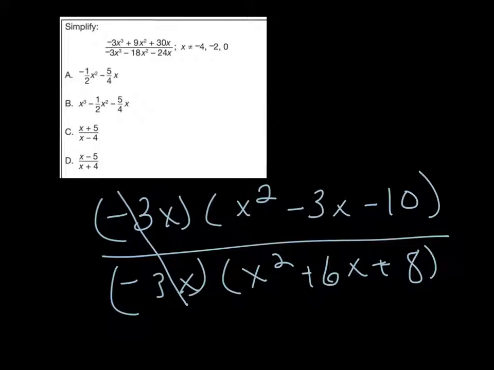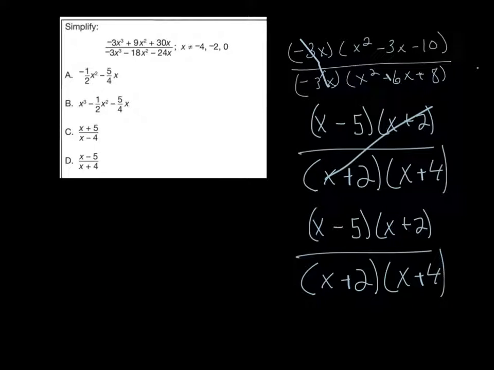Always look for that greatest common factor that you can take out of anything. It will make your factoring a lot easier in the long run. So we're not quite done yet because I have these two trinomials here, and I'm hoping that I have something else I can factor out along the way. So in this situation here, I factored out my negative 3x, and I'm left with these two trinomials that I then want to